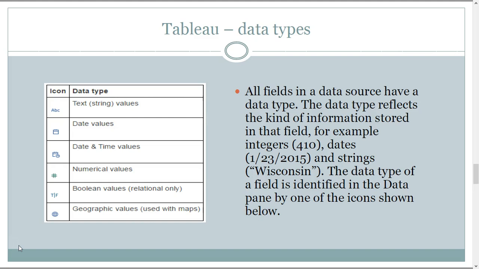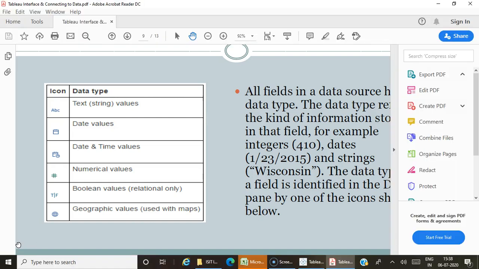Okay, so any field, when you connect to any data source, each and every field is denoted by a default data type, which it takes from your original data source itself. Okay, so when I am connecting to Excel or when I am connecting to a SQL server, whatever data types that field supports from that original data source will be reflected in Tableau also. After that, if you want to switch from one data type to another, that is also possible. Okay, let's see the demo.